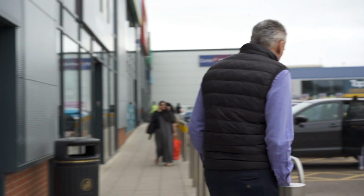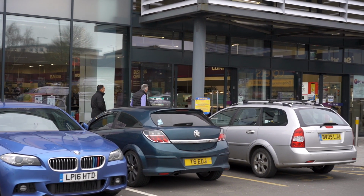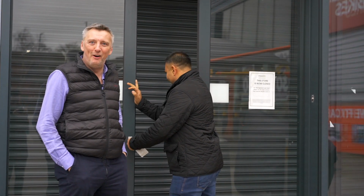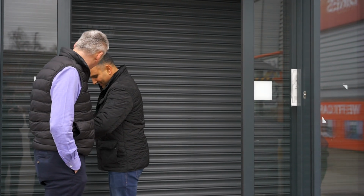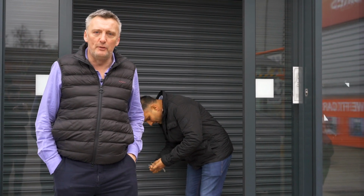So we're on site now, just outside Birmingham, with our property agent. He's actually struggling to find a key that fits. Welcome to my world of getting into building sites. All right, we're in. We're actually going to go on site and have a look to see what the ceiling